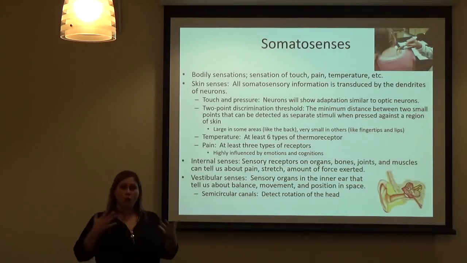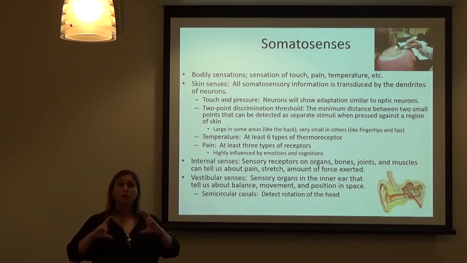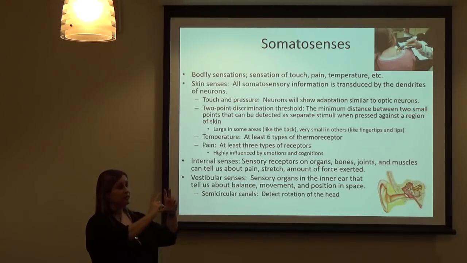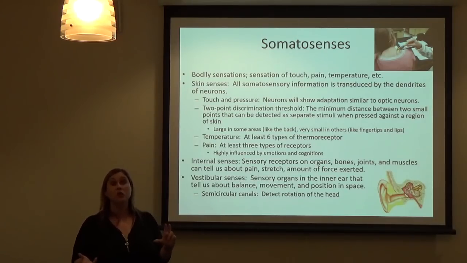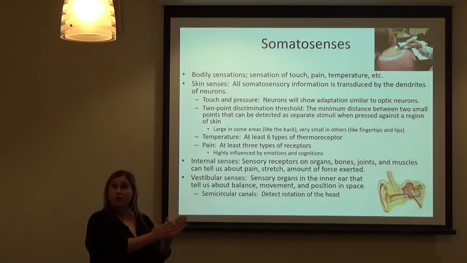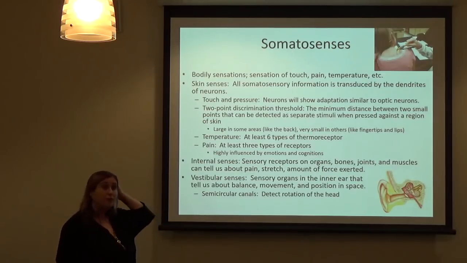Okay, so what I want to say first of all is you really should look at your book about somatosenses. And in particular, there are parts of your book where there are lists and charts, tables, that talk about all of the different kinds of somatosensory cells you have, because there's a lot of them. Make sure that you have good notes on that section, okay, because it is going to appear on the test. But I'm going to just very briefly talk about somatosenses right now.